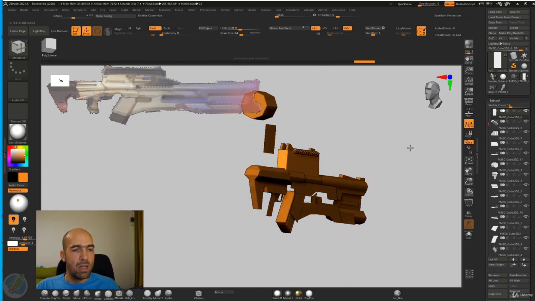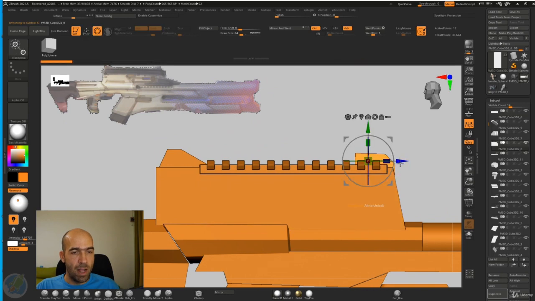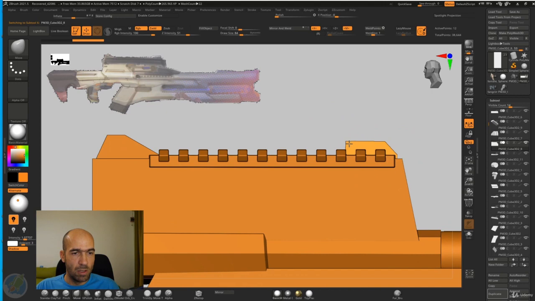You see how slowly but methodically, we are starting to have all the parts we need. And it's starting to look kind of nice